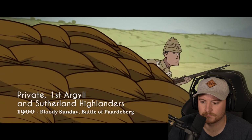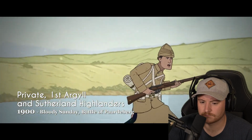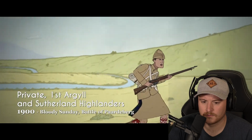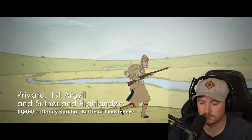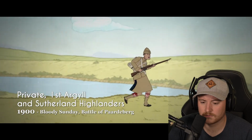The traditional red uniforms had, by this era, become a true liability in combat. To counter this, khaki now became the authorized dress for all foreign service in the late 1890s. That's kind of cool. The Boer Wars, notably during the disastrous events of Black Week and Bloody Sunday, taught many